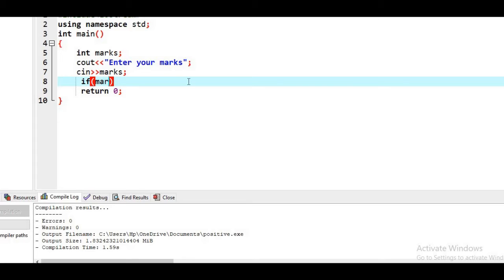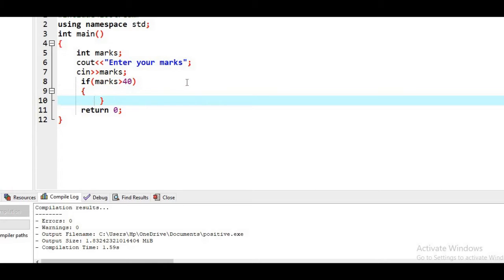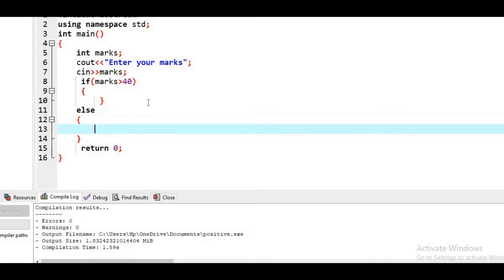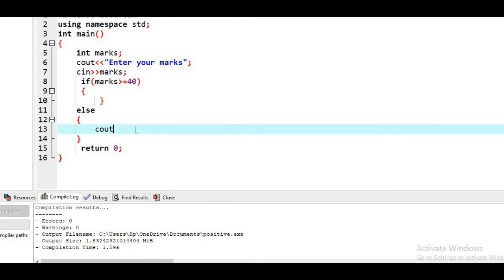Okay, so we'll write like this: if marks are greater than 40, then we'll do something, and else, we are going to write, if marks are less than 40, then we will write you are fail. Okay, so this is one message.